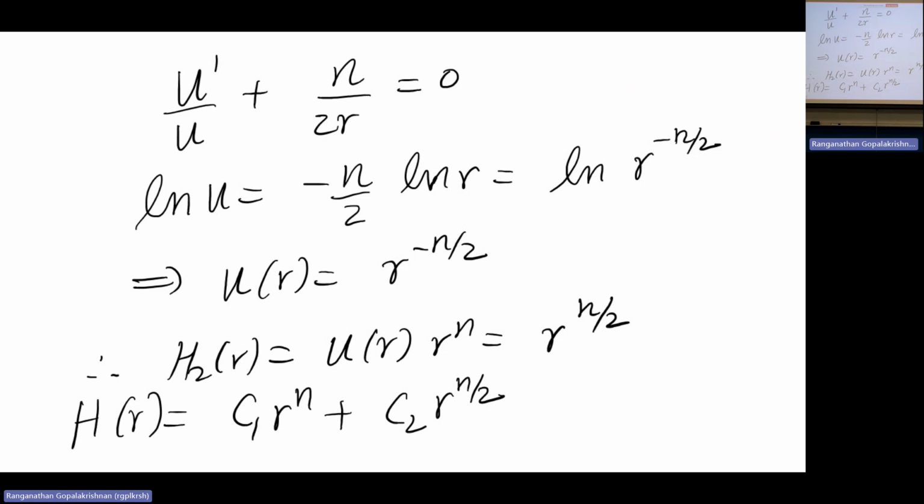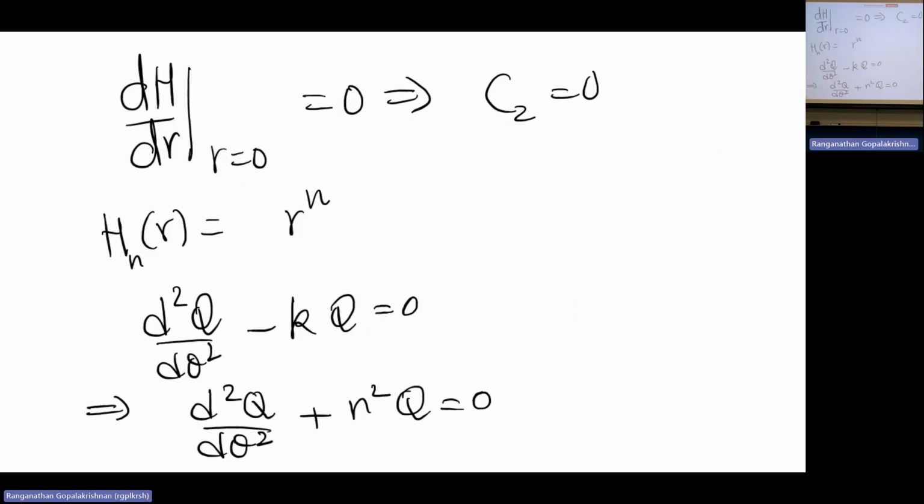Any angle. That is, your solution depends on r and theta, right? You can approach it along the line theta equal to 0 or theta equals 90 or 45. In any angle you approach, that point has to have the same value. That you can ensure by saying that the partial derivative of h with respect to r is 0 regardless of which theta you come in. That is what we enforce by saying h dash of 0 equal to 0, which should imply, okay, which means